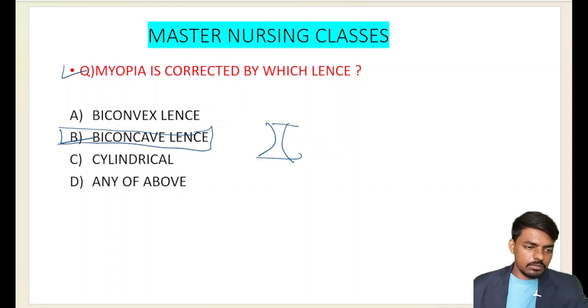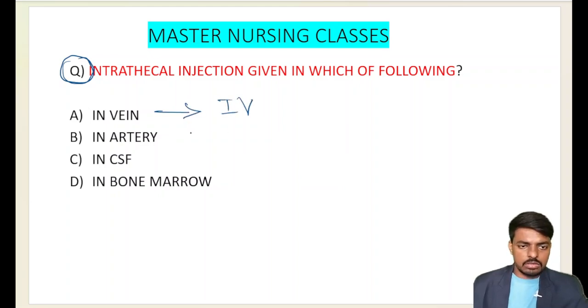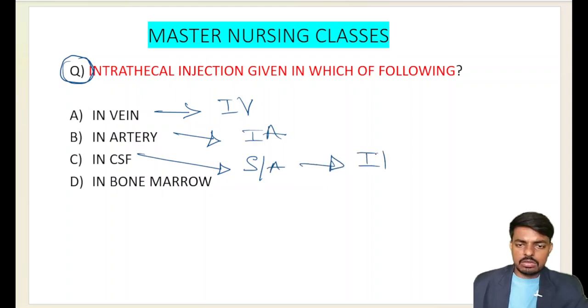So here is the next question. Intrathecal injection is given in which of the following? If it is given in the vein, we call that an intravenous injection, not intrathecal. If it is given in the artery, we call that intra-arterial injection, not intrathecal. If it is given in CSF or in the subarachnoid space, that is what we call intrathecal